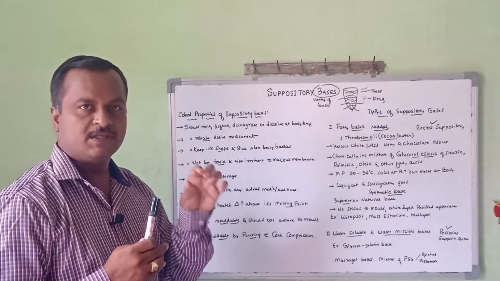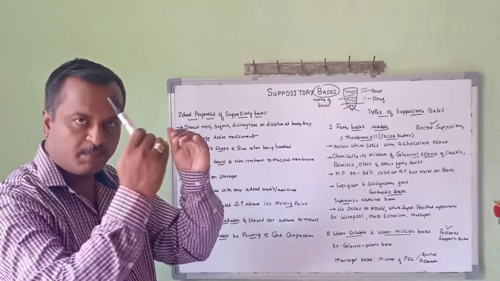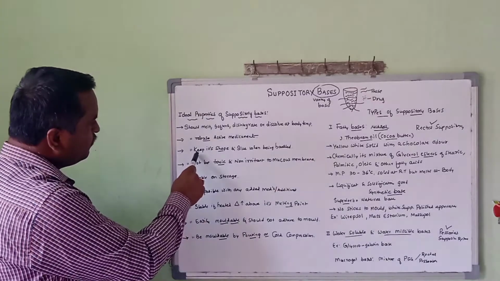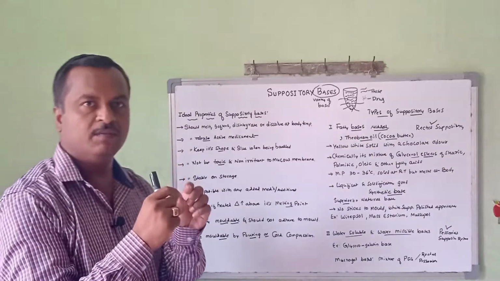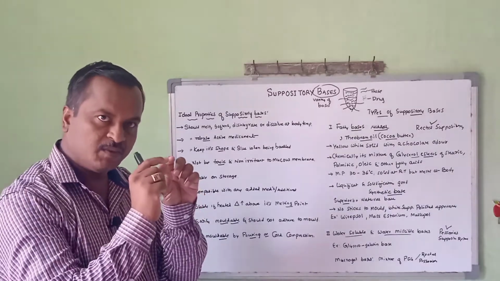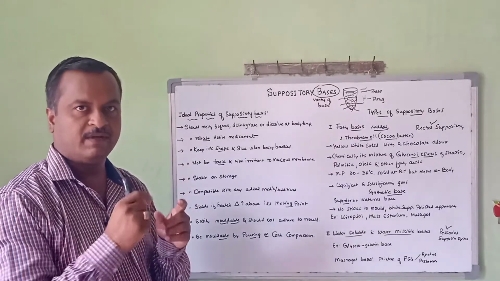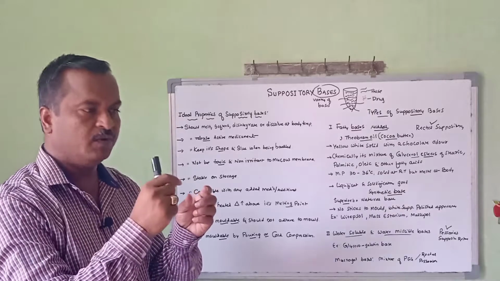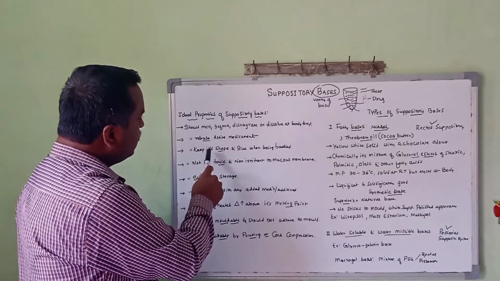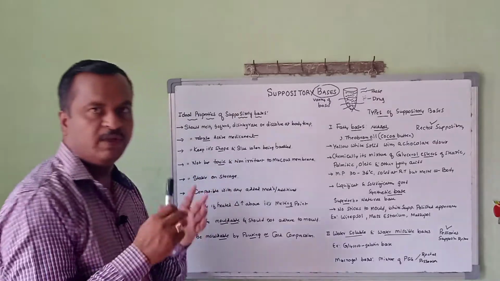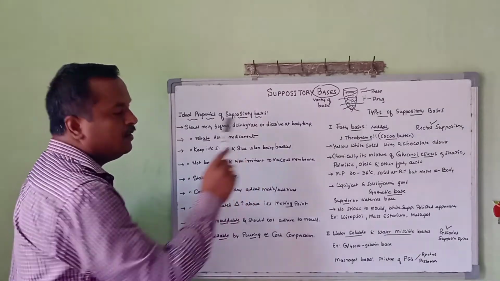You should maintain the shape of the suppository. When inserted into the body cavity, the drug molecule has to be released upon melting of the base. And all bases should keep their shape and size when being handled. Means when you remove the suppository from the packaging, it should hold its shape. For example, a rectal suppository, when you remove it, has to maintain its shape. So that is another important criterion: it should keep its shape and size when being handled, and should not be toxic and not be irritant to the mucous membrane.